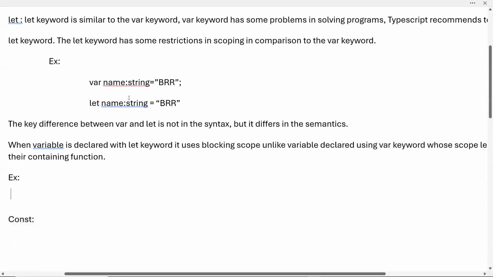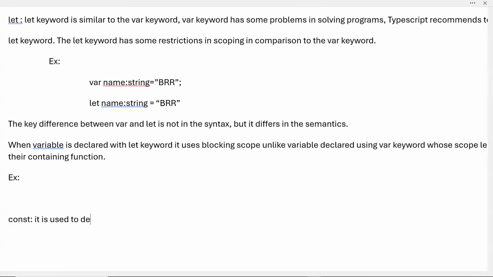What is this const keyword? Why do we use it and how does it work? A constant declaration is used to declare a permanent value which cannot be changed later. So once you declare a variable with const, you cannot change it. It has a fixed value. The const declarations follow the same scoping rules as let declarations. Okay. For example,